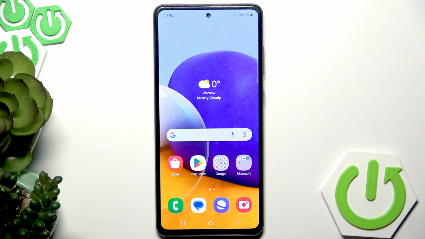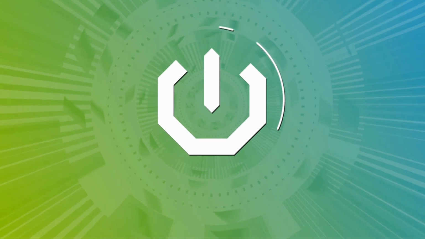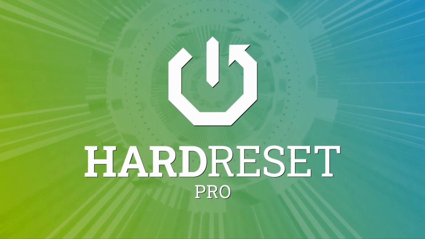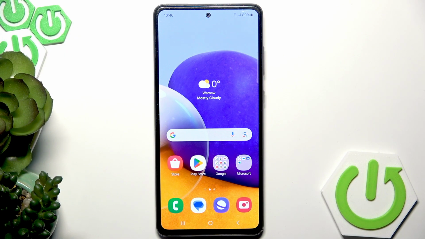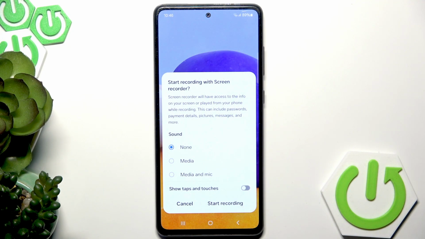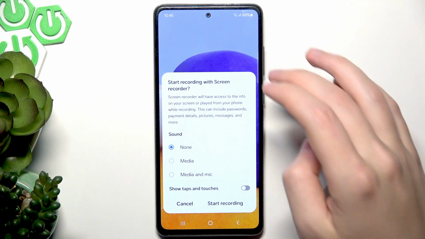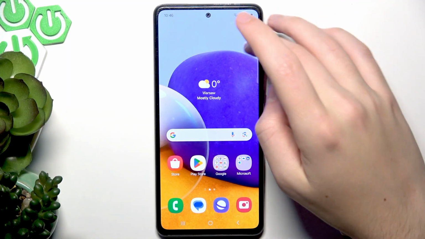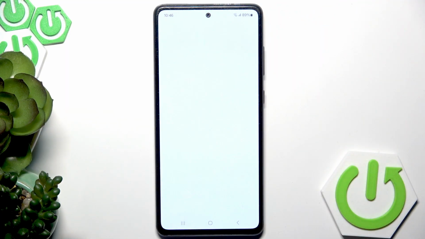Today I'll show you how to adjust screen recording audio settings on the SAMSUNG Galaxy A72. So you can of course adjust them when you try to screen record, right here, or you can do it through settings. First open settings by pressing this little button here,